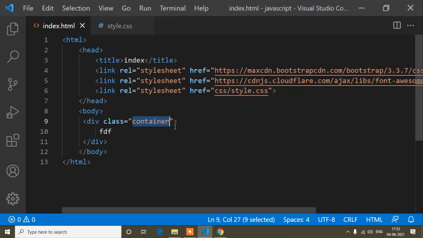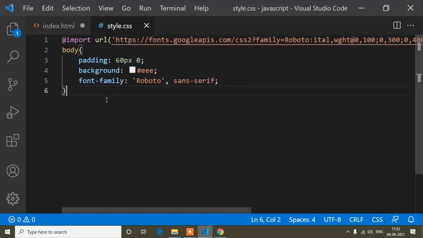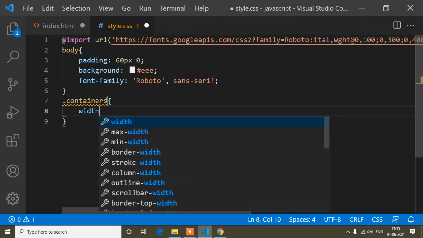So guys, one thing: here it added too much space, and I don't need that much space, I need a little space. So that's why I will not write the Bootstrap container class. Here I will write containers. This is a normal CSS class, so you can write any class name instead of containers. I will copy this containers, paste it here, and modify this container.